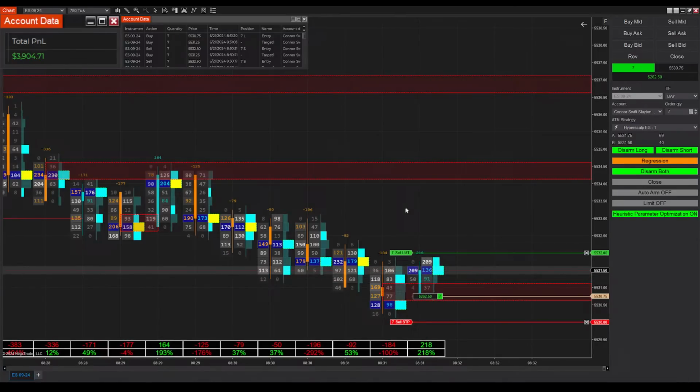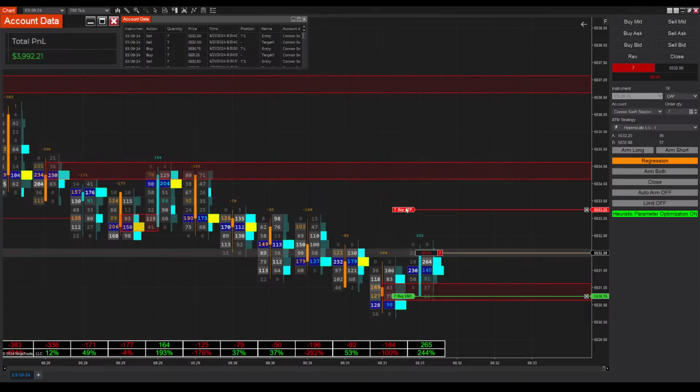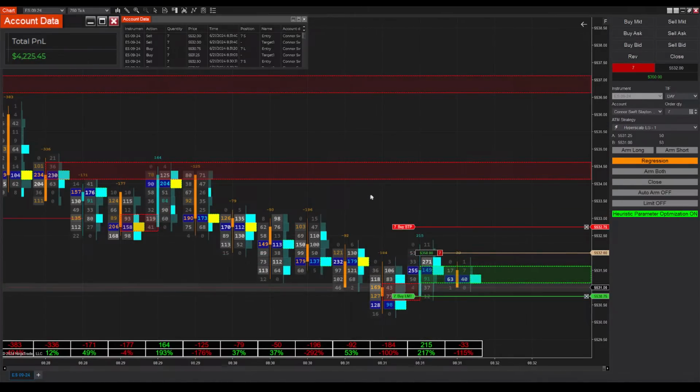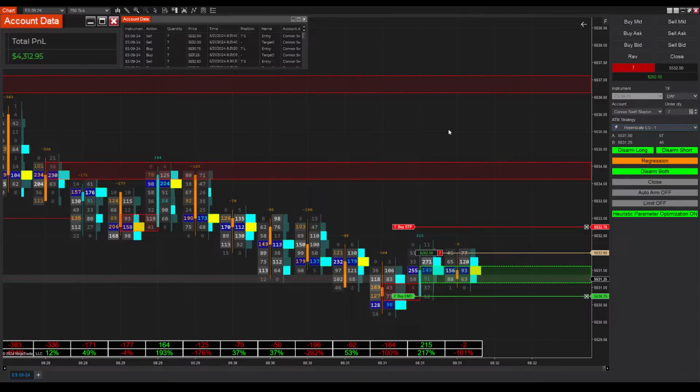Hey WP, your question was how many ticks stop and take profit per trade do you use, and is it static or changing? What is generally the system win rate and risk reward over, let's say, a 1 year period? Thank you for the question. Let me finish this trade out and I'll get you those exact specs. But you can see here that it's an asymmetrical risk reward. We start out with a 1-to-1 risk reward with a,